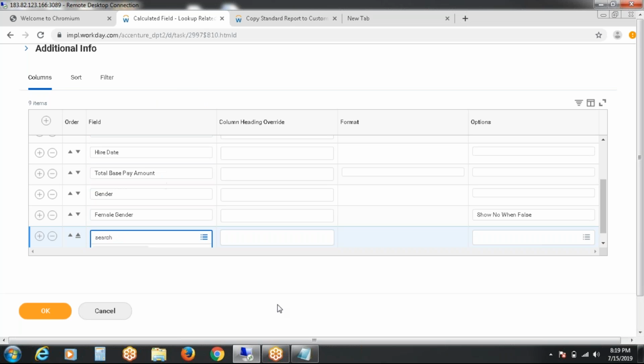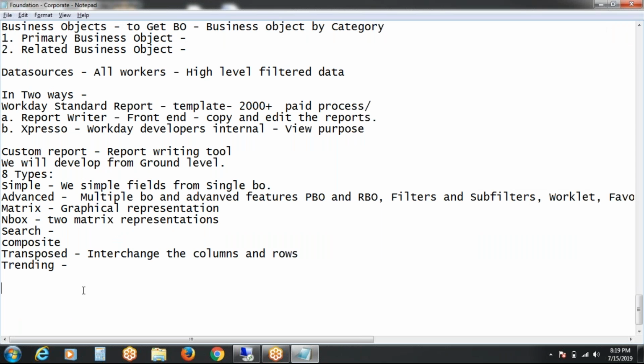So please remember one point here, not only in the simple report field, so we used to have dependents. If it is like a business object, it is dependent. Okay, please remember this. Not only in the simple report, normal I am saying.